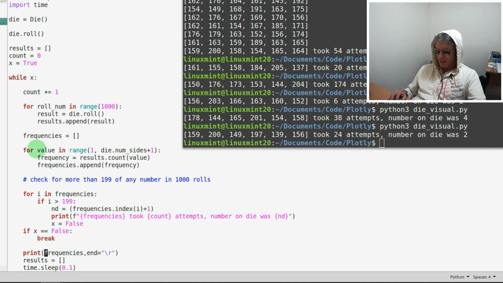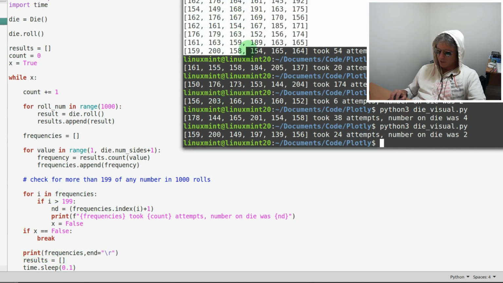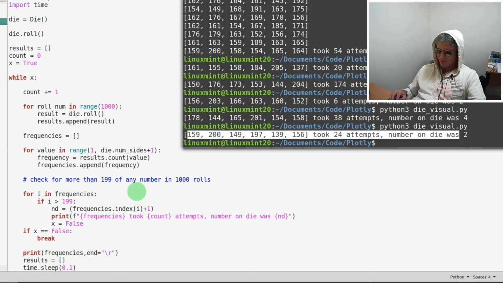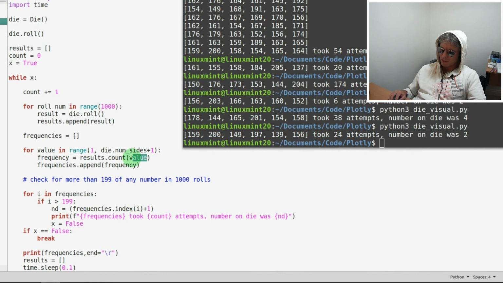And then rather than keep printing it row after row after row, to get it to print on the same line, so it keeps overwriting itself, you do \r. And appending to a list, that's very common. And results.count, so that's where you count the number of times a value occurs within